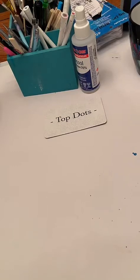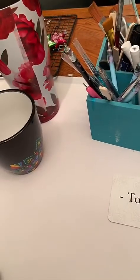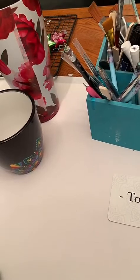All right, I know what I'm going to do. Hold on, I'm going to go grab my mug. Okay, I'm going to do a gray mug, and I'm going to use white pearl paint, multi-surface, and